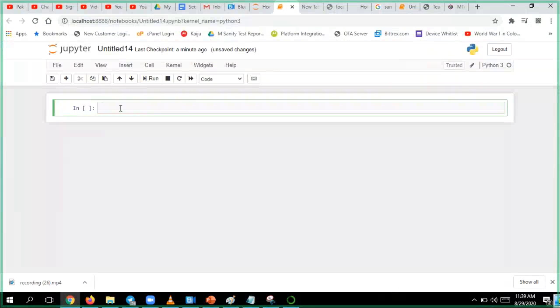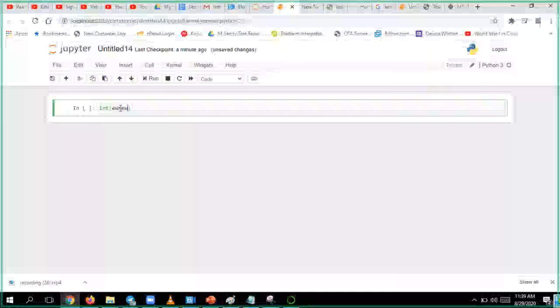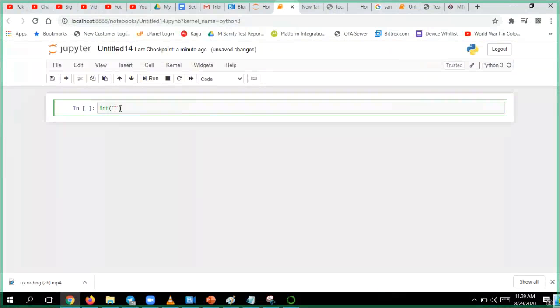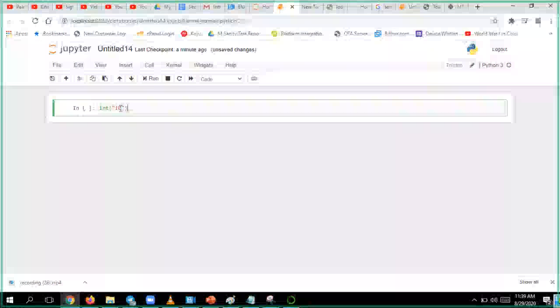If I have to convert anything into integer, I have the int function. I have to use the int function. Whatever you give inside, say for example I give 10 as text format, I want to convert it into integer.